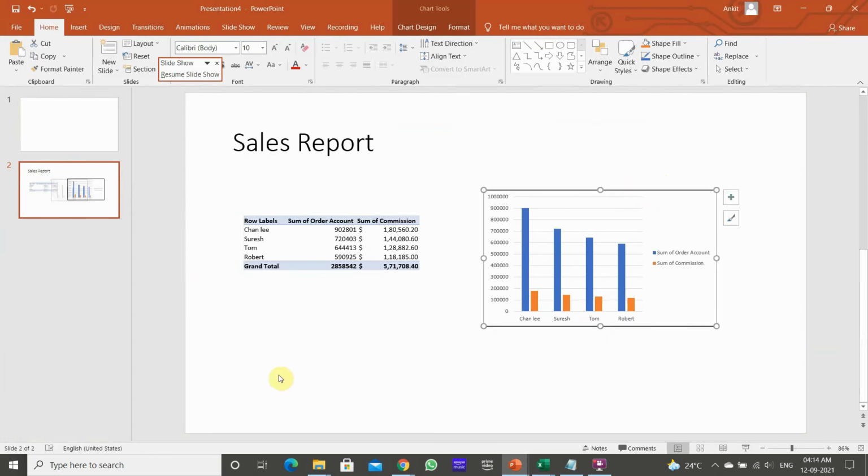So it's very easy. Both the table and graph have been shown. So this finishes the pivot table. I hope you have learned a lot about it. Thank you and have a nice day.